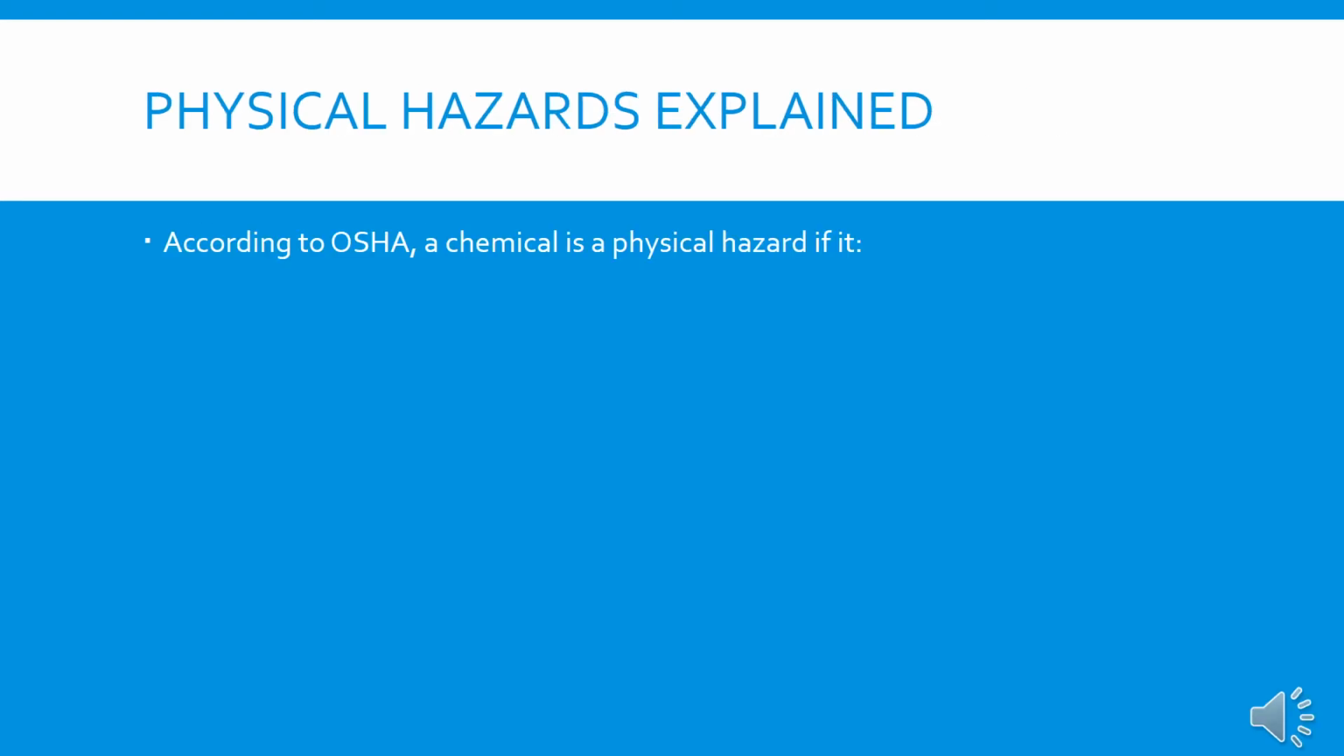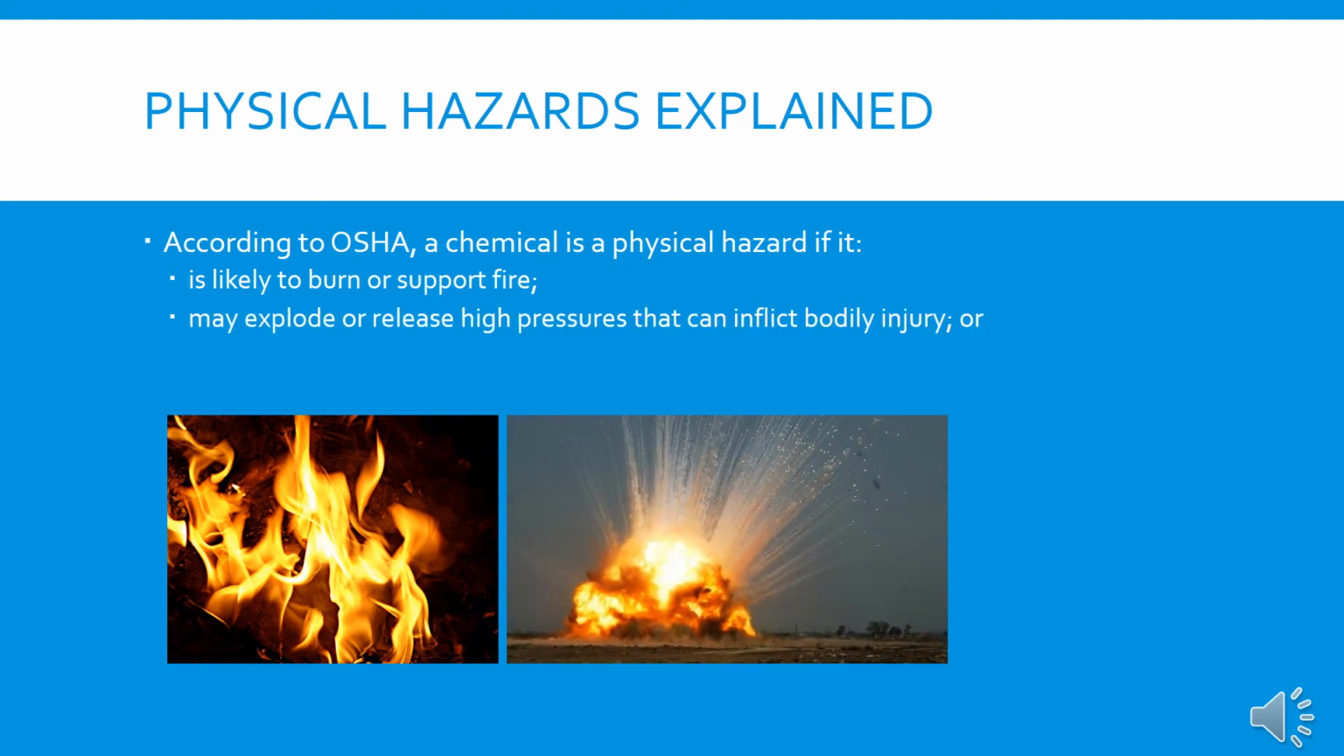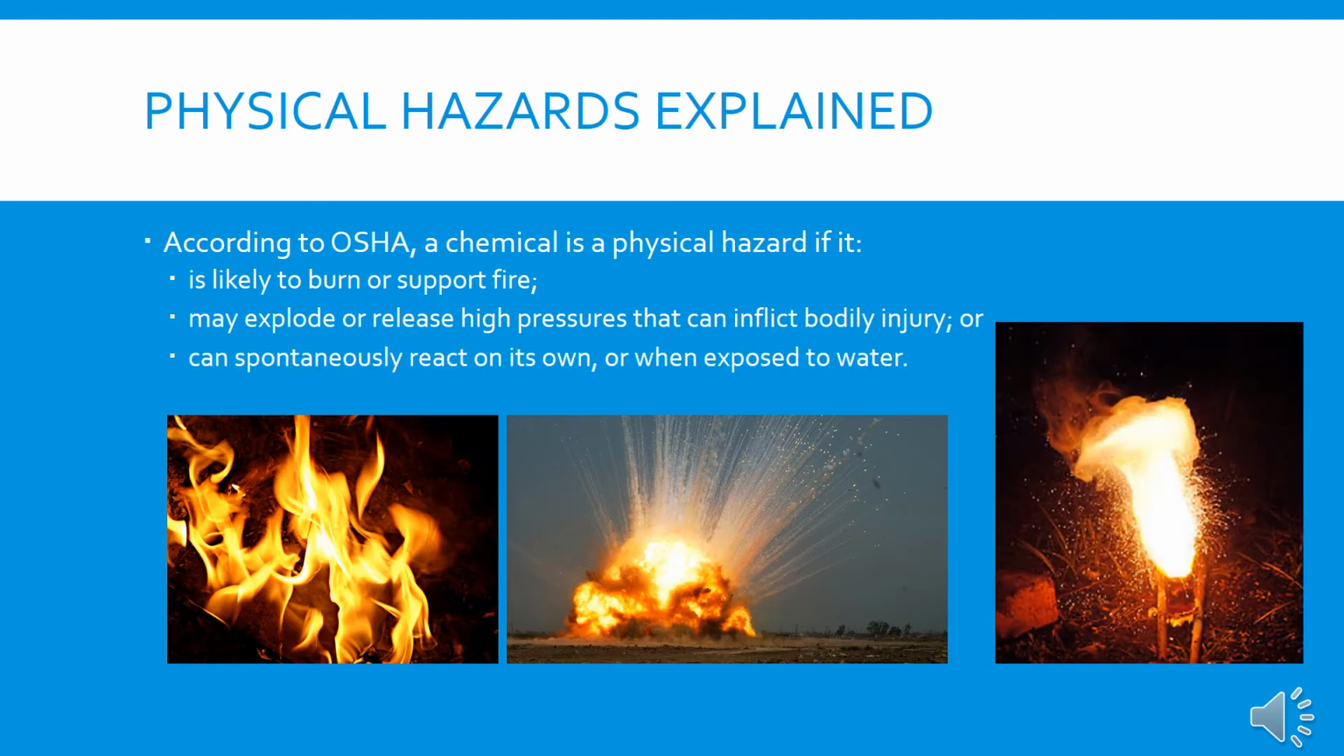According to OSHA, a chemical is a physical hazard if it is likely to burn or support fire, may explode or release high pressures that can inflict bodily injury, or can spontaneously react on its own or when exposed to water. Health hazards include systemic effects and target organ effects. Some systemic effects include